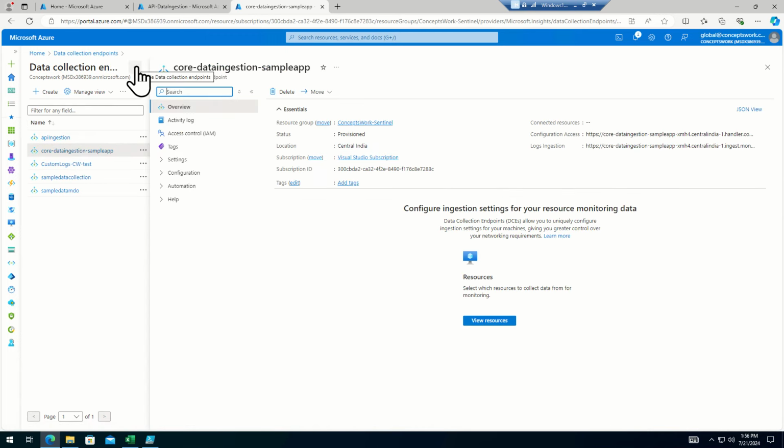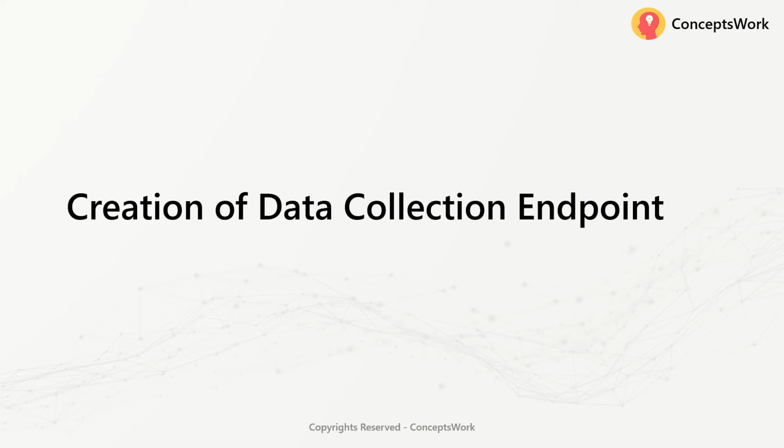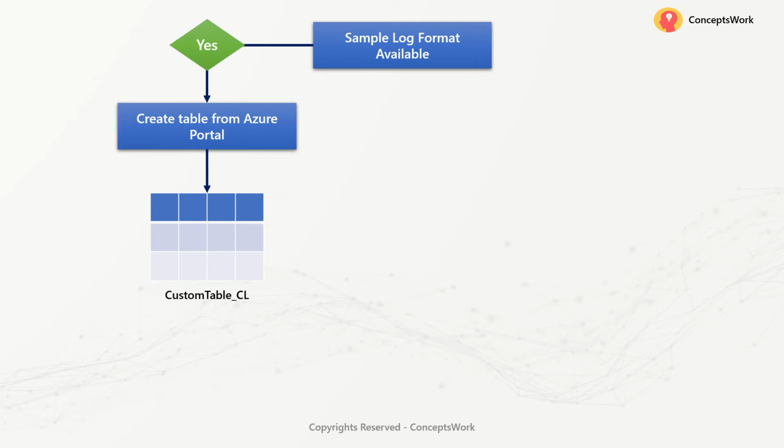So this is step number 1. Now step number 2 is to go ahead and create the custom table itself. Before I show you the process of table creation, let me show you something real quick. If you have a sample log available of your application for which you will be performing data ingestion, then it becomes exceptionally easy for you, because you can just go to Azure portal